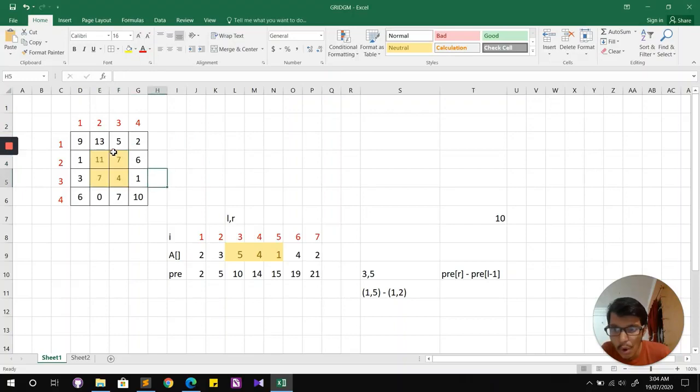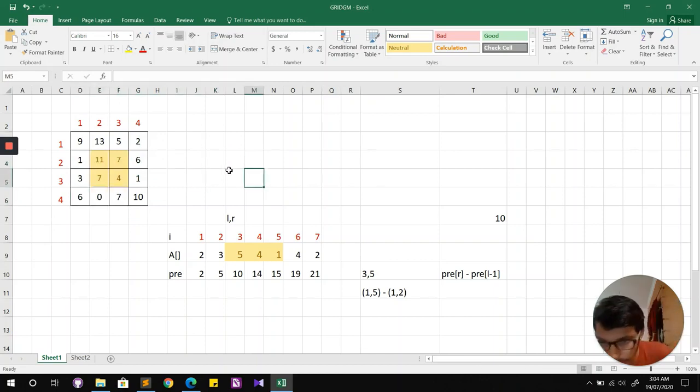There's one way that pops up in my mind, which says that for each of these rows, I compute the prefix array in this fashion. So for this row I compute the prefix array, for this row again I compute the prefix array, and for every row I compute the prefix array.